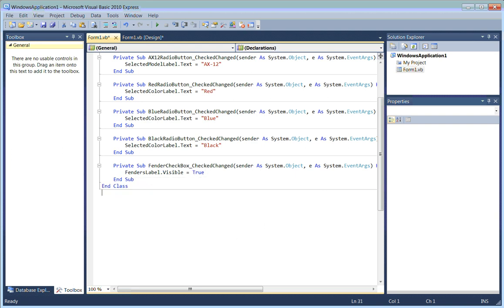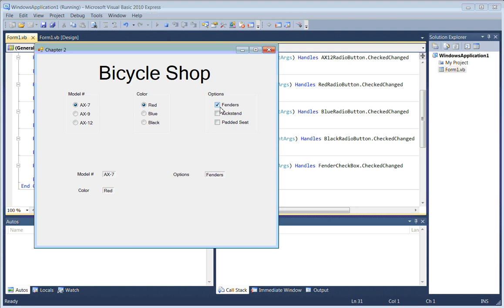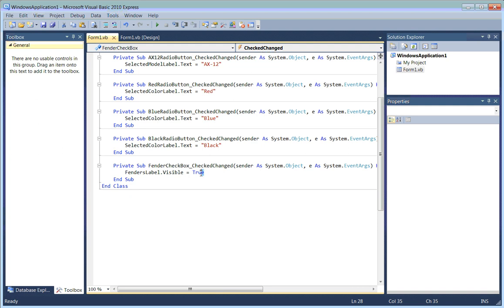If I say it's true, when I run this guy and I select this, all looks good. But I'm like, wait a minute, I didn't mean to check fenders. I don't want those. There's the problem. All I'm doing is turning it on. So what I need to do is turn it to my fender